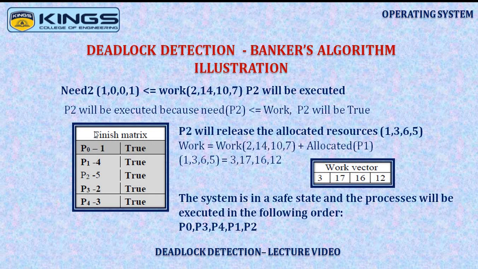And now when we check the finish matrix, all the processes P0, P1, P2, P3, P4 have completed. Their status is made true, and we can also see that the order of execution of the processes is first P0, then P3 completes, P4 next, P1 next, and then P2 next. So there exists a safe state sequence in which all the processes are able to complete their own process utilizing the available resources.